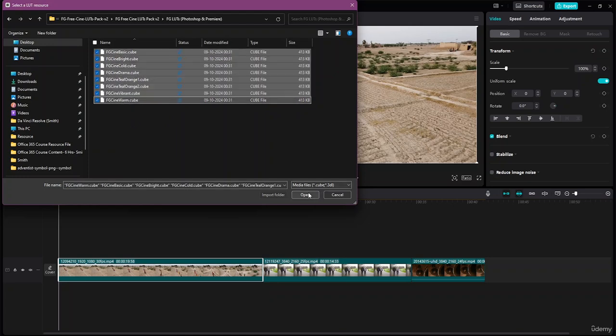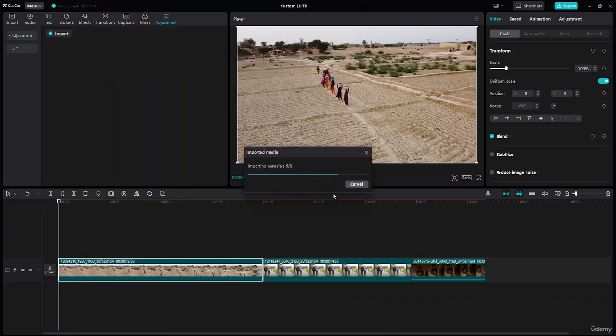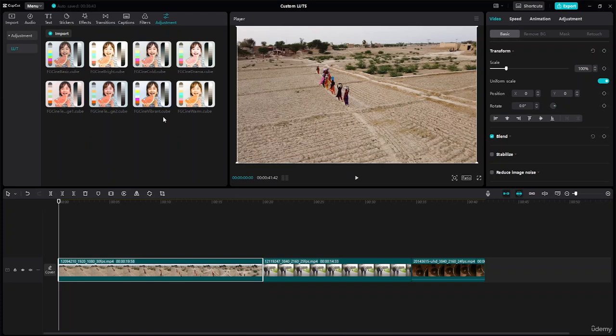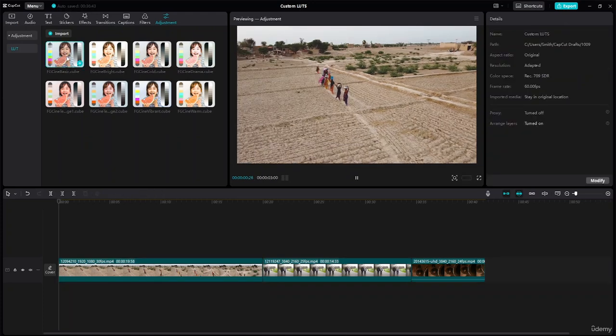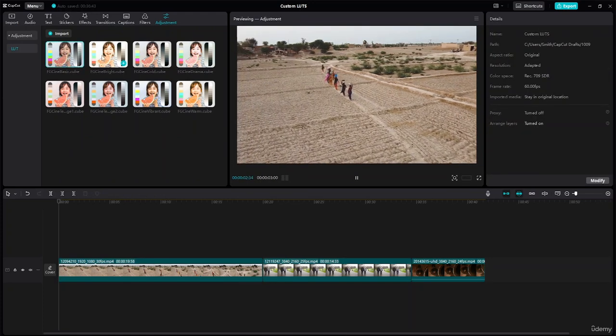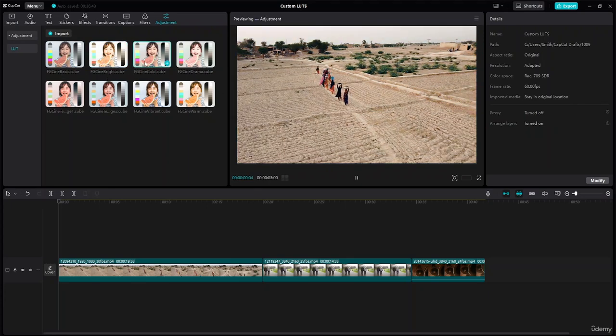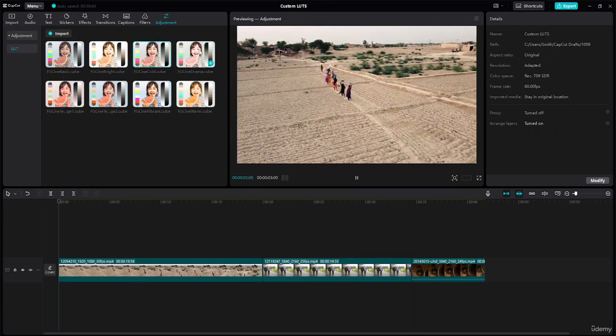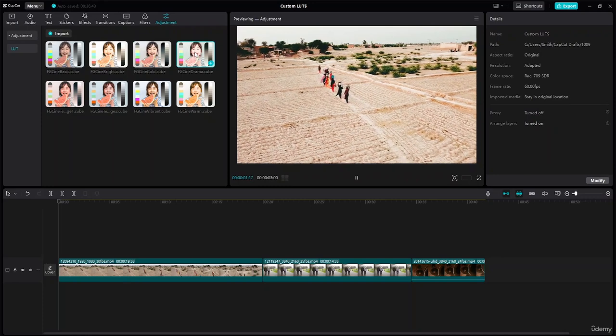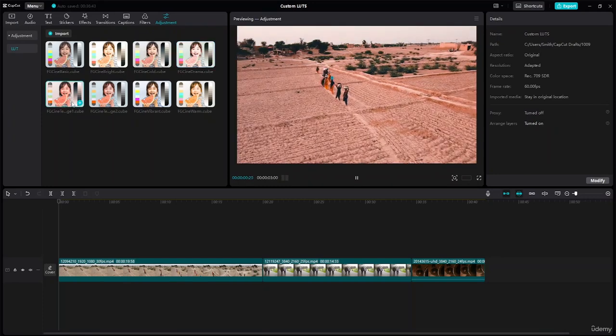So I'll just click on shift and let's click on open. And all these 8 LUTs are basically being added. So here you guys can see how it looks with each one. Okay, so here now if I just double click, you guys can see it is actually changing how it